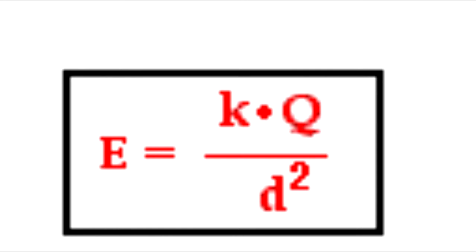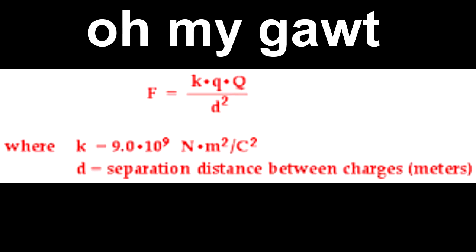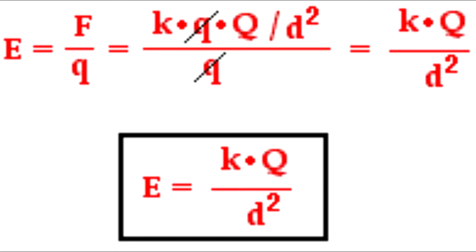Let's go deeper so I can boast to you about how much I know about this topic. E is also known as kq over r squared. This looks vaguely familiar. Why? Like Coulomb's law. Oh my god, I am so surprised. Let's do some math magics and cancel out a bunch of stuff, and there you go. E is equal to kq over r squared, thus proving that electric field strength is not dependent on the quantity